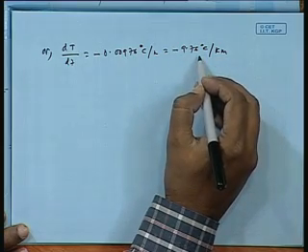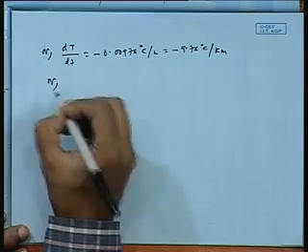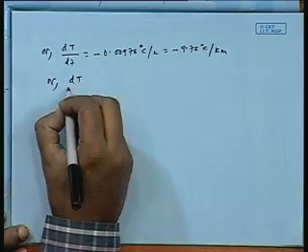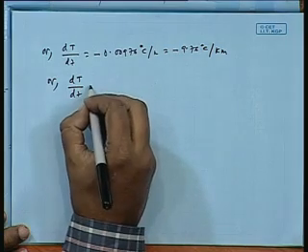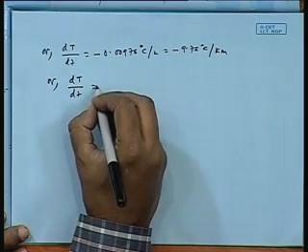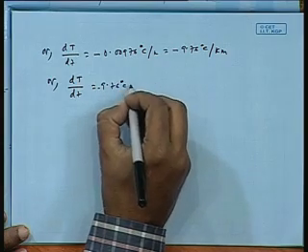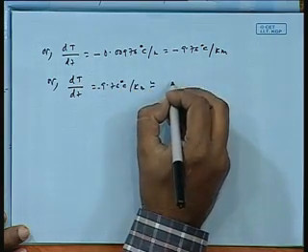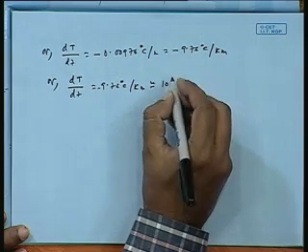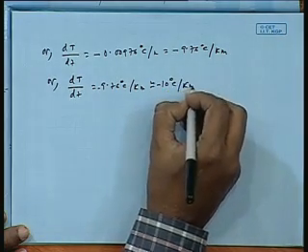This is what is known as the adiabatic lapse rate. The adiabatic lapse rate is generally known to be minus 9.76 degree per kilometer,